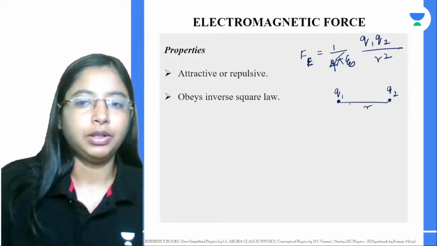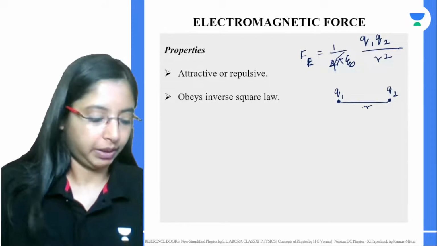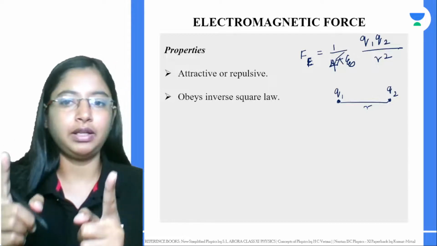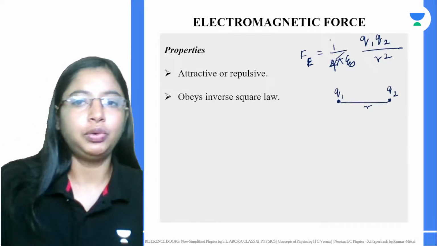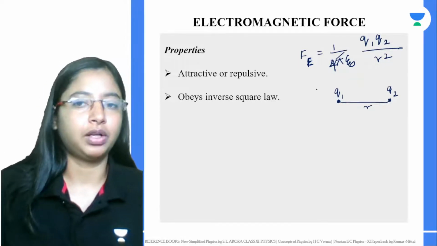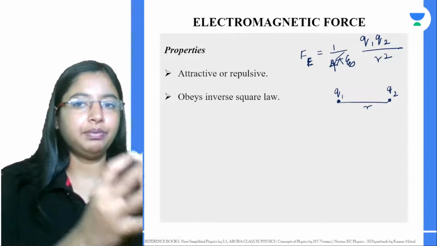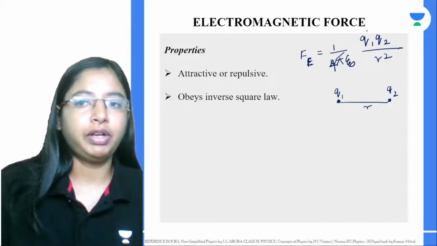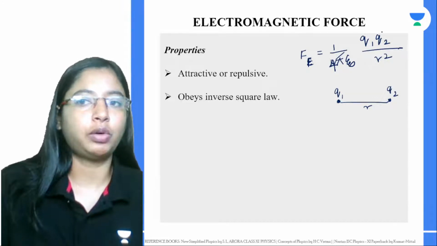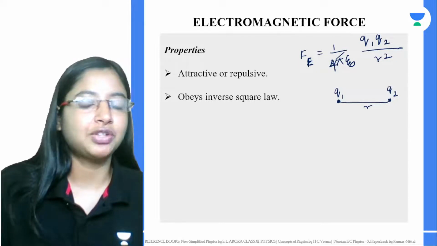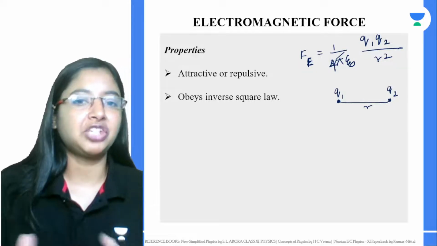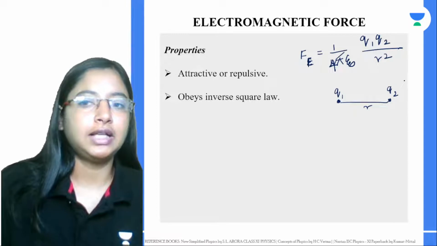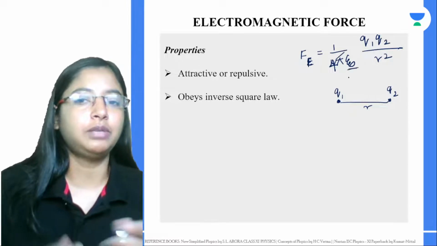Now if you take two charges, separate them at a distance, and keep them in vacuum, you will get a particular force. Now if you take the same system and keep that in water, the force value changes. But when we kept it in water, we did not change the charges, we did not change the value of q1 and q2, we did not change the value of r either. So what changed? The nature of the medium changed. That is given by epsilon naught, which is basically the permittivity.